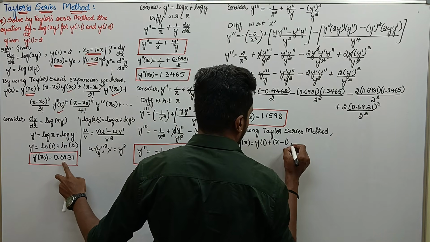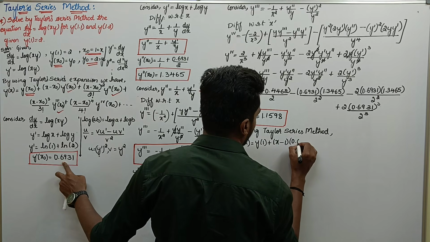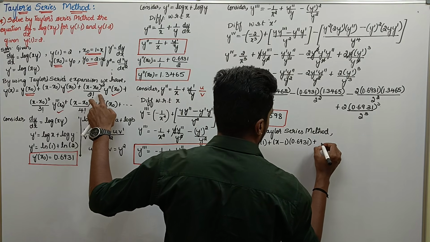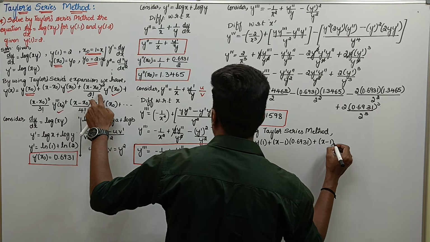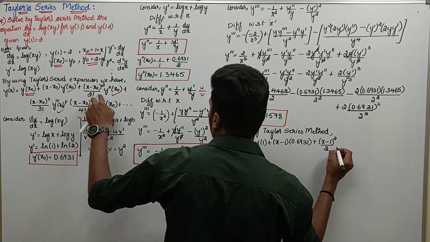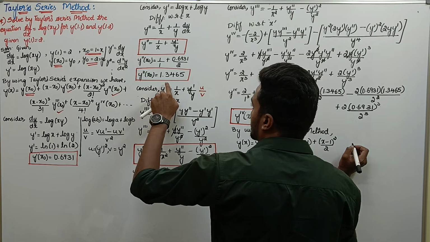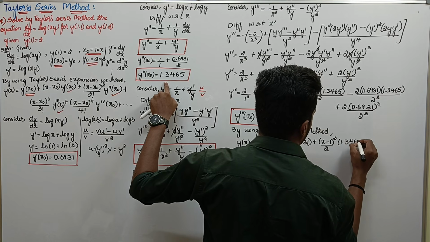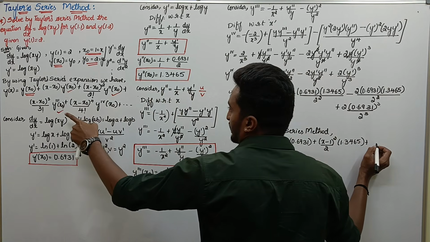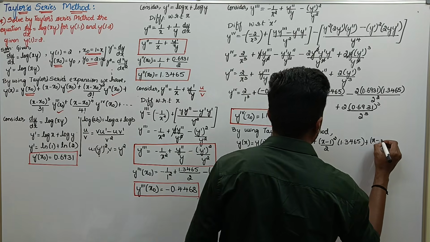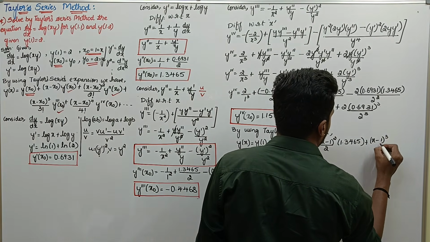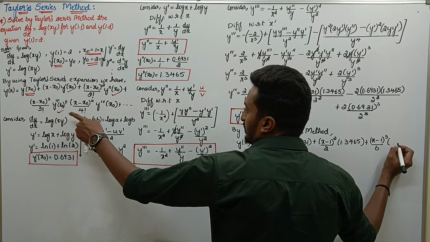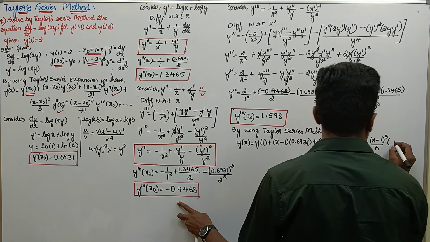What is y dash of x naught? That is 0.6931, plus, next we have x minus x naught whole square, 2 factorial is 2, and y double dash of x naught, we have 1.3465, plus, next we have x minus 1 whole cube divided by 3 factorial, 3 into 2 into 1, 3 2s are 6, into y triple dash of x naught. What is y triple dash of x naught? Minus